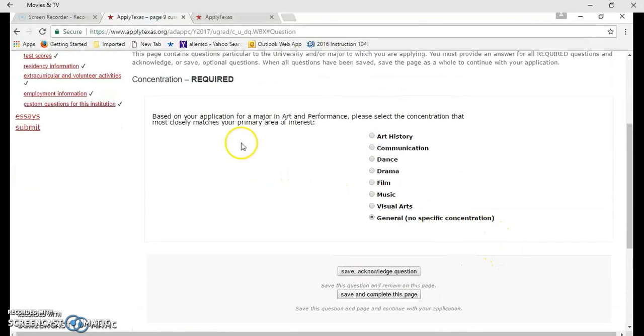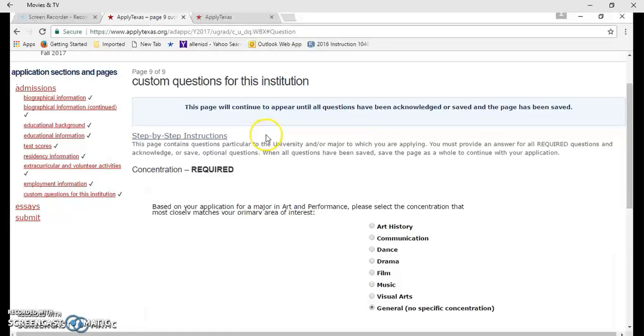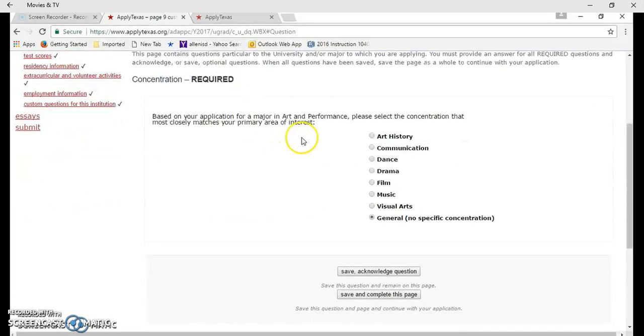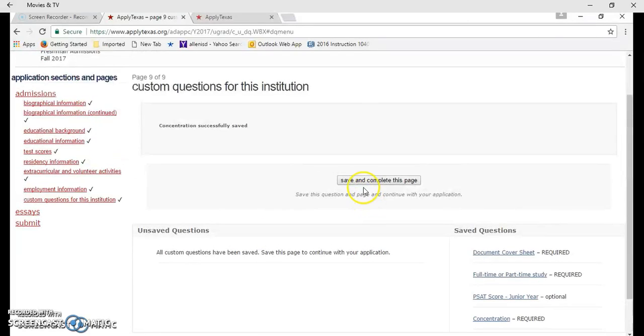This question asks you to choose your focus for a primary area of interest. And in this case, this application is for a Bachelor's of Arts at the University of Texas at Dallas. Once you have answered all of your questions, you can save and complete the